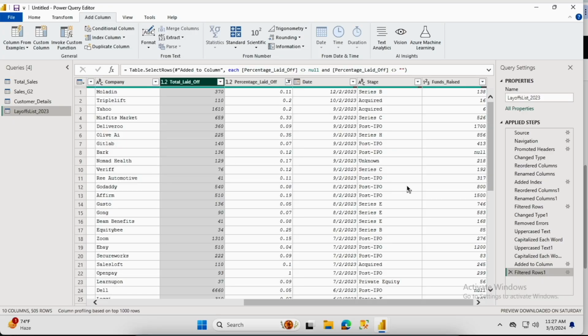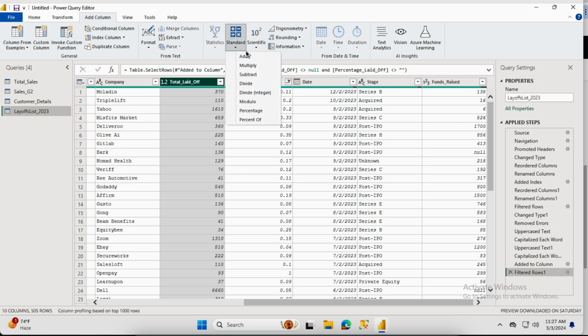Now here I am going to collect the numbers of staffs before laying off. So for that we have to perform a division operation between total layoff and percentage. For that, we just have to select this column and go to this Standard. You will get this from the Add Column section.